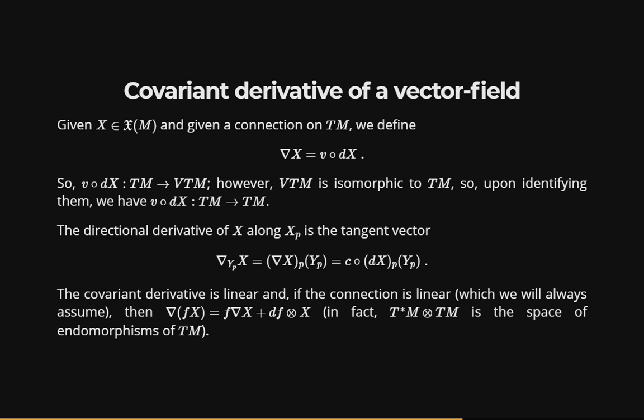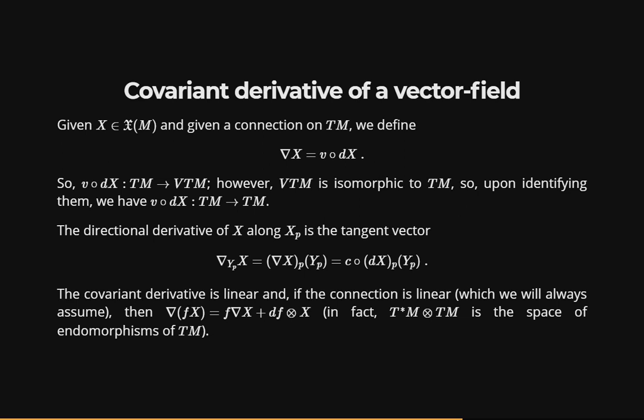Now, the covariant derivative is linear in X. This is quite easy. Well, this is because it's a composition of maps that pointwise are linear. And if the connection is linear, that weird hypothesis of before, which we will always assume, so we will only be working with linear or affine connections, then you can write this down. So then,